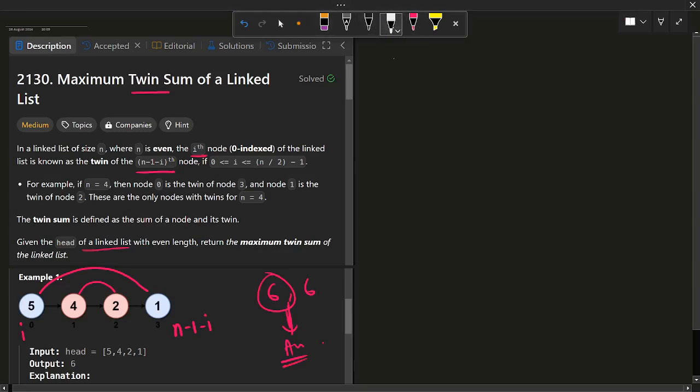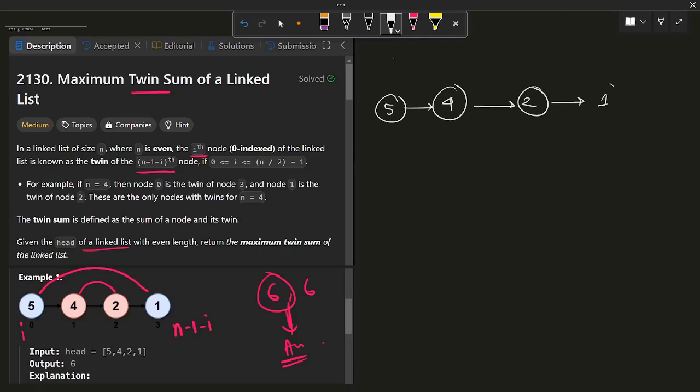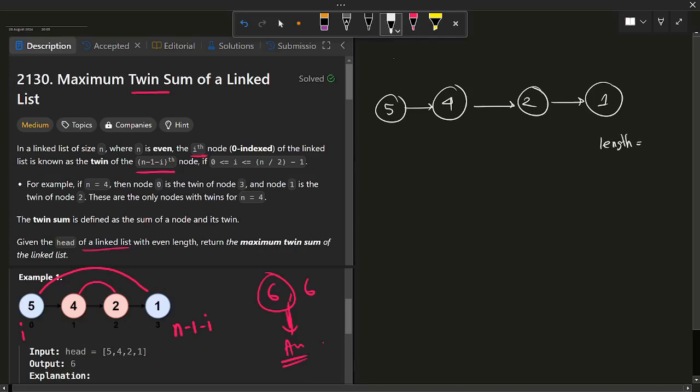Now let's write the linked list first. We have 5, then 4, then 2, and then 1, right? Now we need to first calculate the length of the linked list, right? So we would know how much to iterate. The length will be simply 4, and we can easily calculate the length of the linked list by